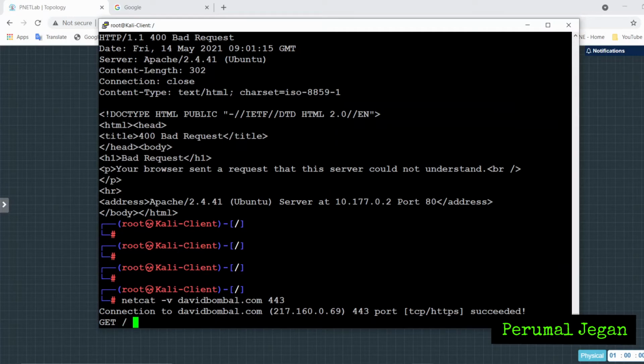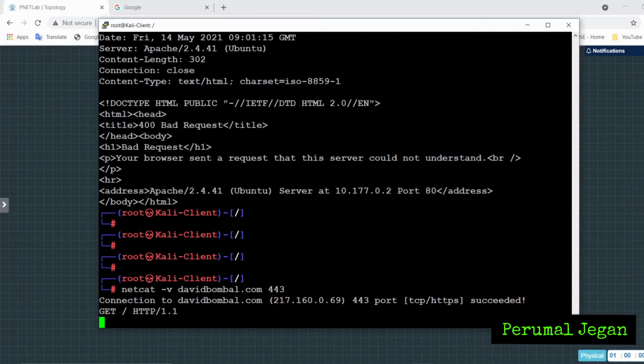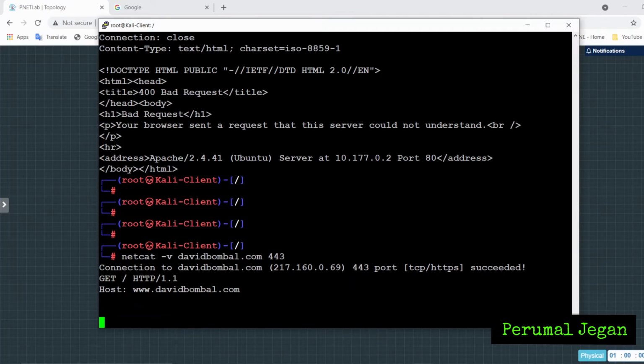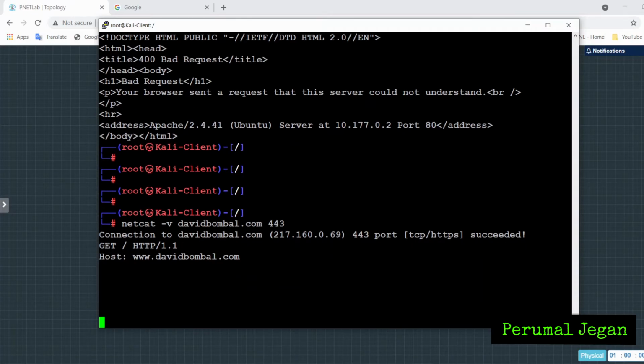GET, HTTP 1.1 version, and the next one is Host. Host is www.davidbombal.com. I gave the first two lines. Now I need to press enter twice. I gave my request, but I didn't receive any response because Netcat only supports HTTP websites, only port 80,